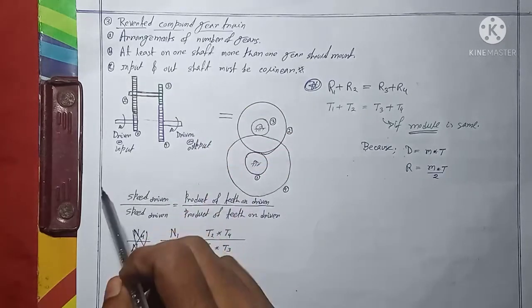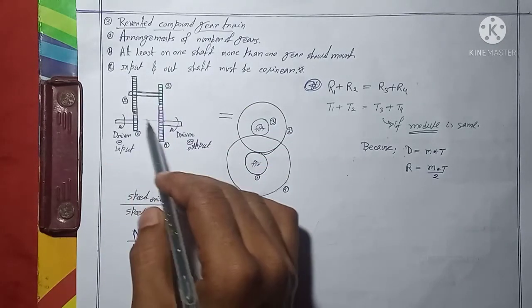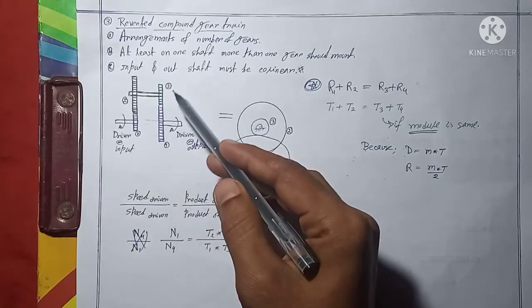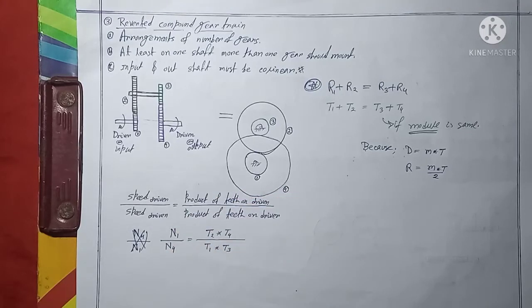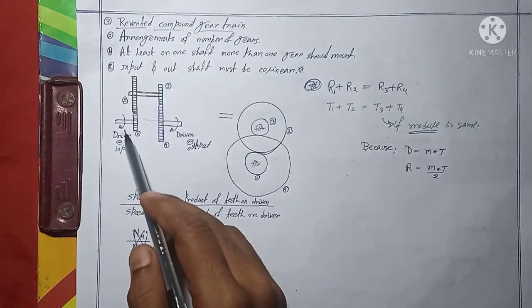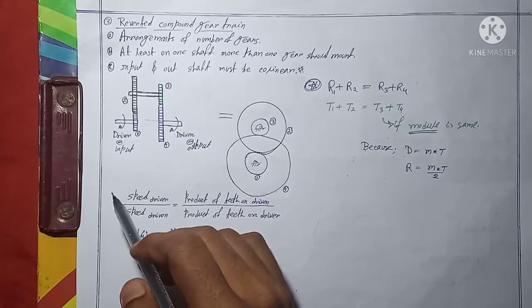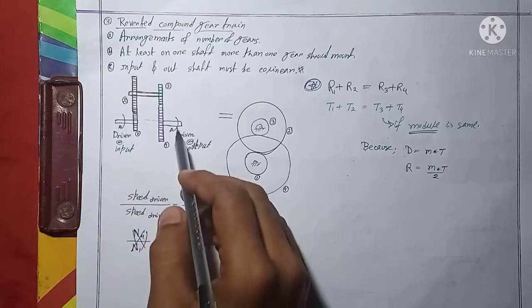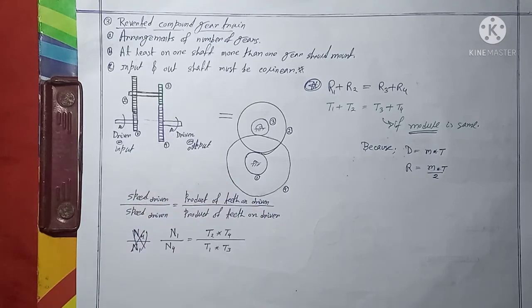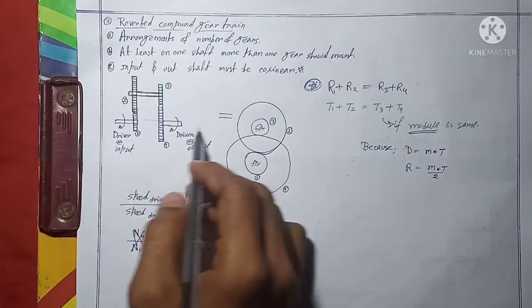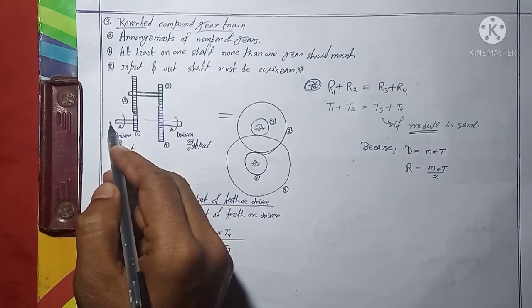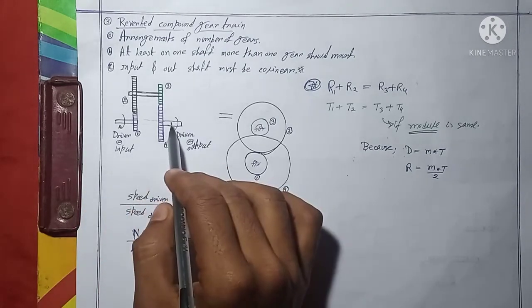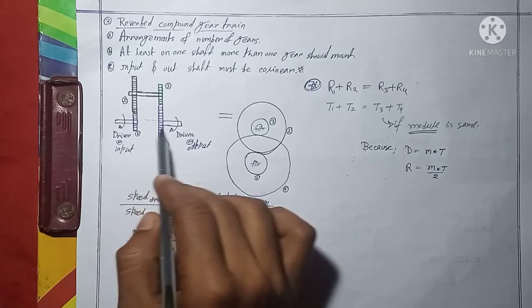Let's try to understand whatever I wrote here with the help of this diagram. Here this is gear number 1, this one is gear number 2, this is gear number 3, and this one is gear number 4. Let us assume that this is the input shaft and this one is the output shaft. One thing you can observe from this diagram is that the input shaft and the output shaft are both co-linear to each other, meaning they lie on a single line. If I draw a line, the center line of shaft 1 and the center line of shaft 4 will be in a single line.